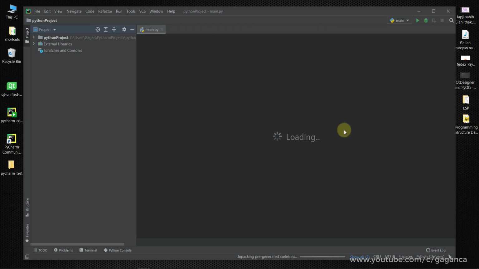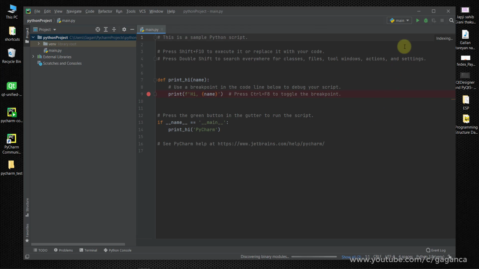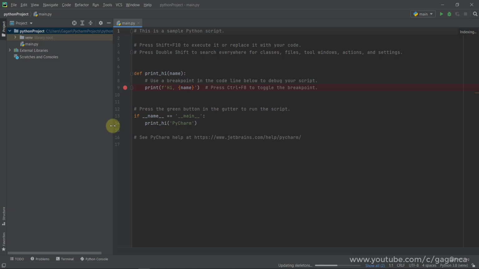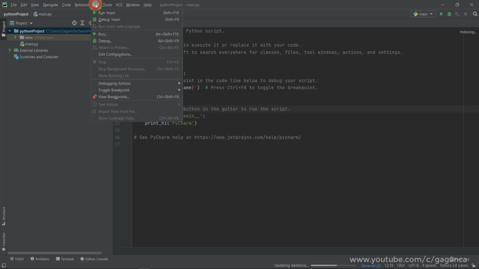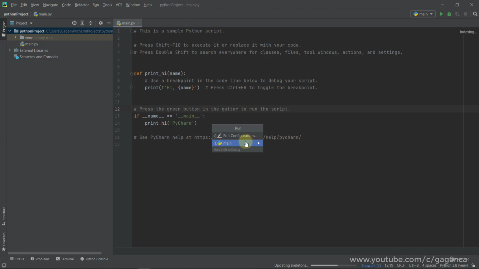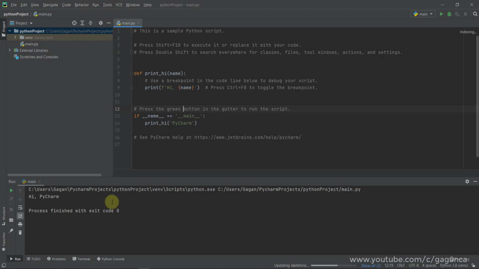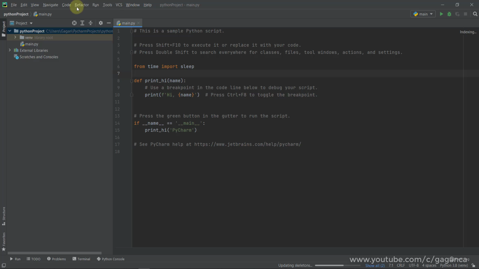Okay, so the project is loaded here with main.py and it has some code already available to run. I will remove this breakpoint here on line 9, then just move to Run and click on Run to test this provided example. I want to make sure the virtual environment is ready properly,